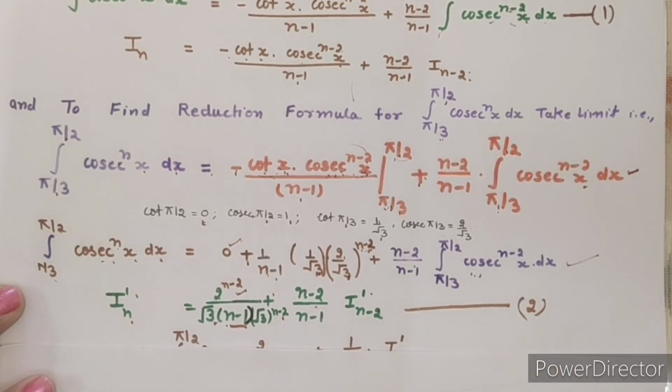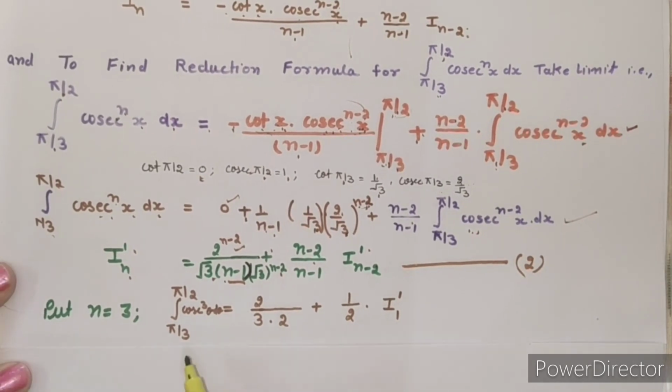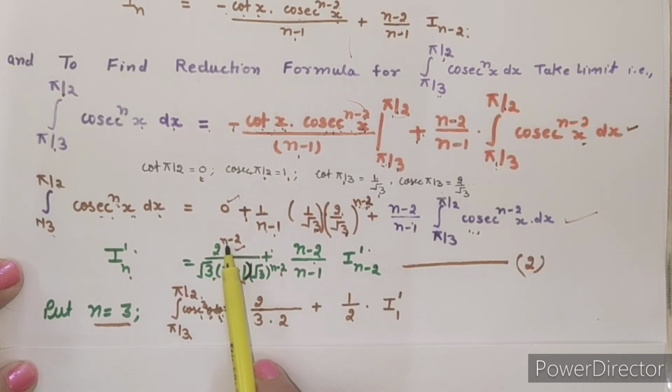Now I want to find the integral from pi by 3 to pi by 2 of cosecant 3 theta d theta. For this I need to put n is equal to 3, so I am putting n equal to 3 and replacing x by theta. So this integral is equal to the integral from pi by 3 to pi by 2 of cosecant cube theta d theta, which is equal to, look here, in place of n you will put 3, so 3 minus 2 is 1, so this is 2 under root 3